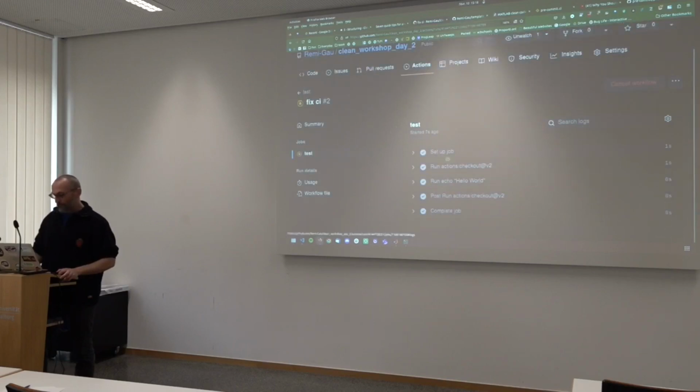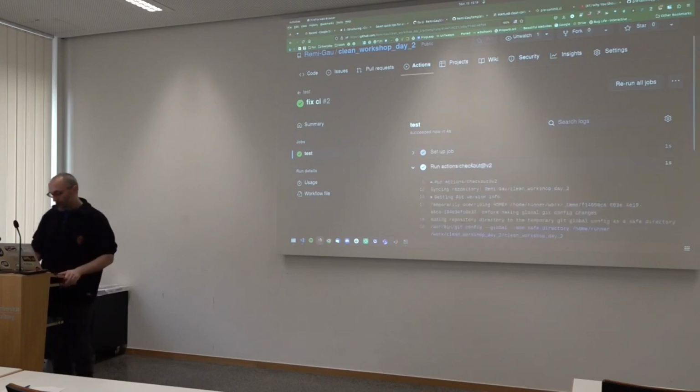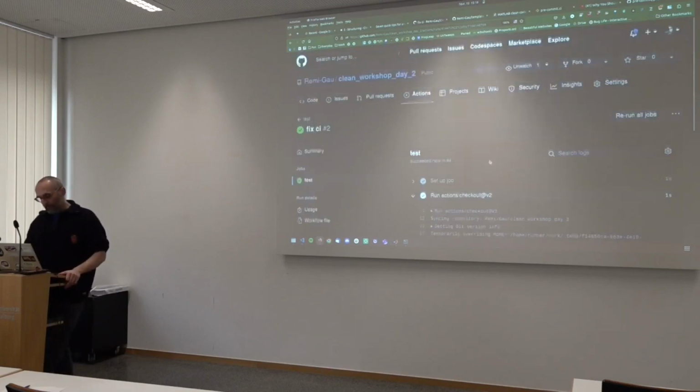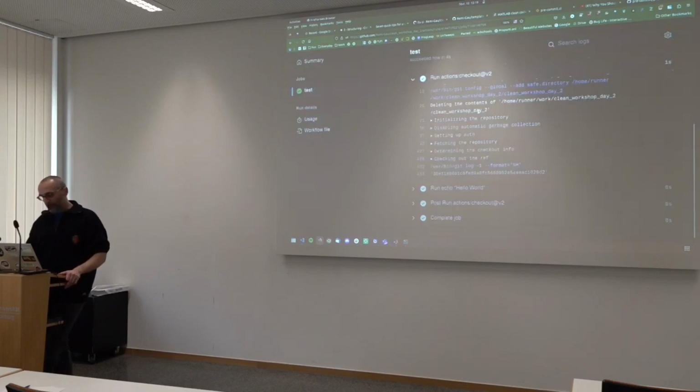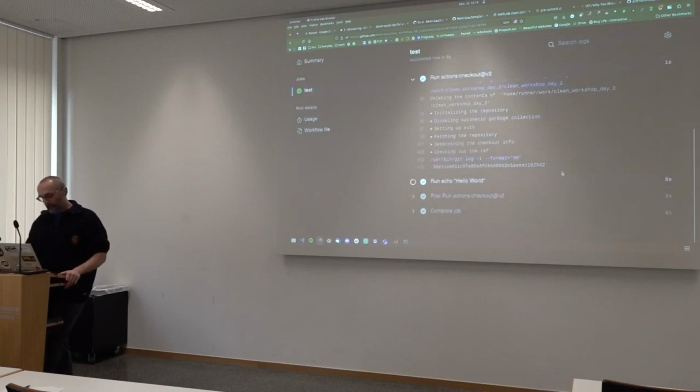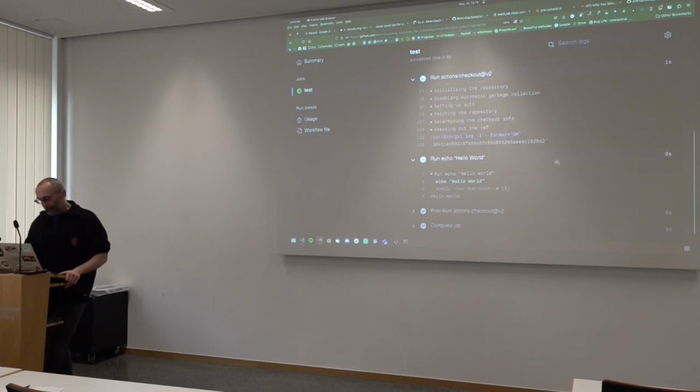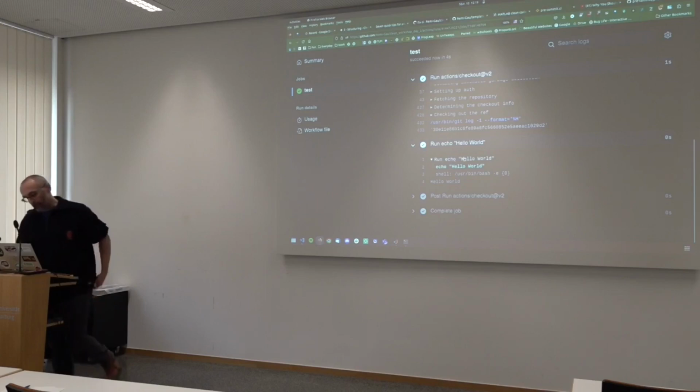So yeah, this is running, and now you can see all the different actions happening one after the other. The setup job, I didn't specify it as something that runs automatically. Git checkout is checking out the content of the repository here, and then it's just running the hello world command. I'm definitely going to stop here, otherwise this is going to last way too long.